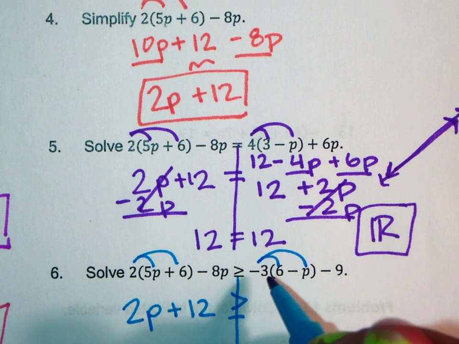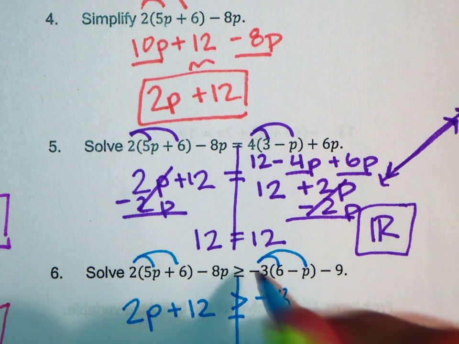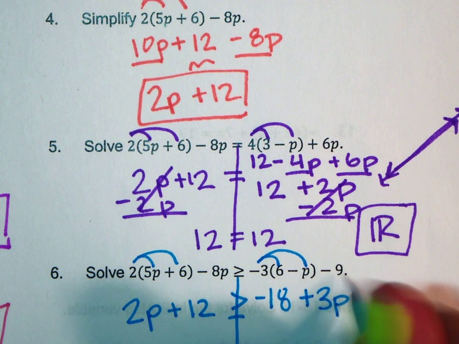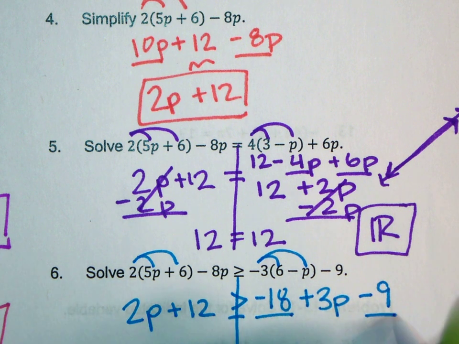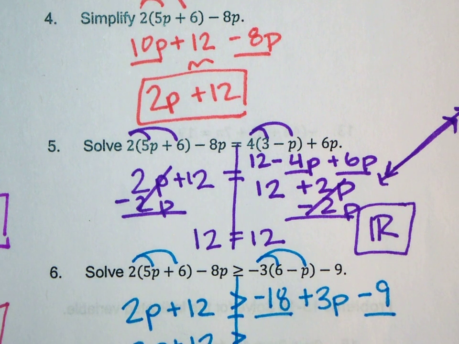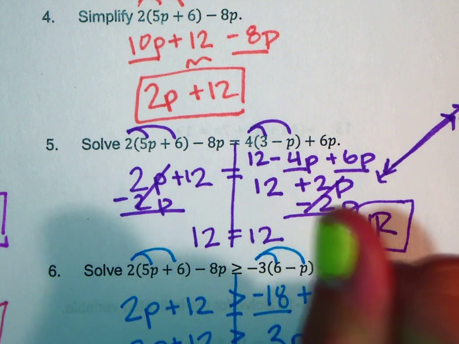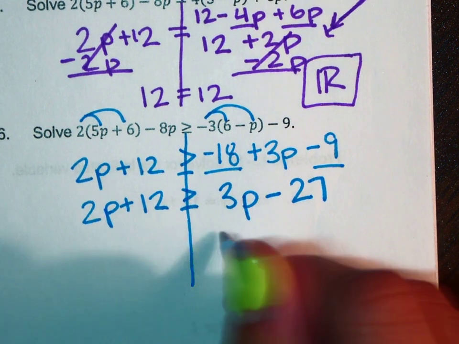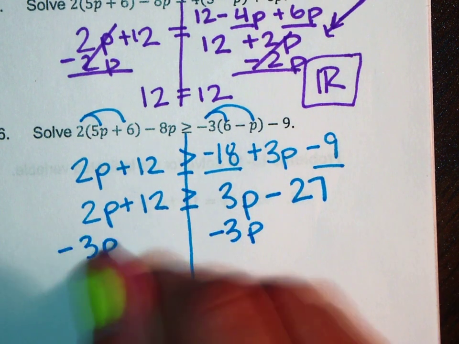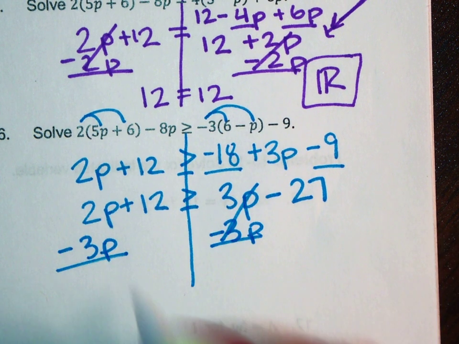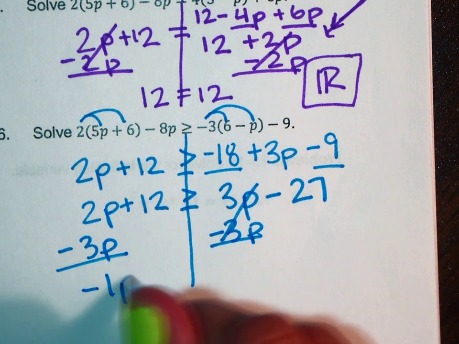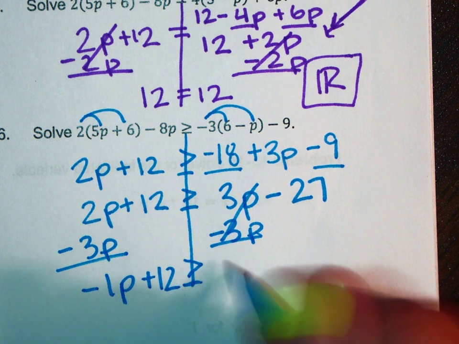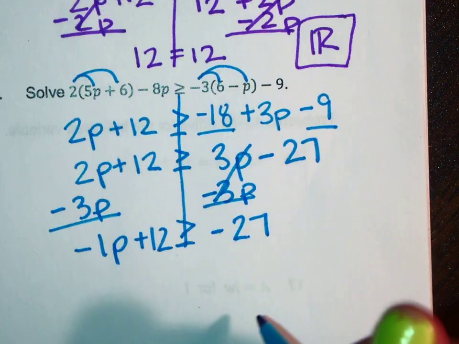Distribute the negative 3. So negative 3 times 6 is negative 18. Negative 3 times negative p is positive 3p minus 9. Then you're going to combine your numbers. I'm just going to rewrite this side. Negative 18 plus negative 9 is going to be negative 27. All right, so from there I'm going to move my variables. So I'm going to minus 3p. So 2 plus negative 3 is going to be negative 1p. Drop down the negative 27. And so then from there I'm going to